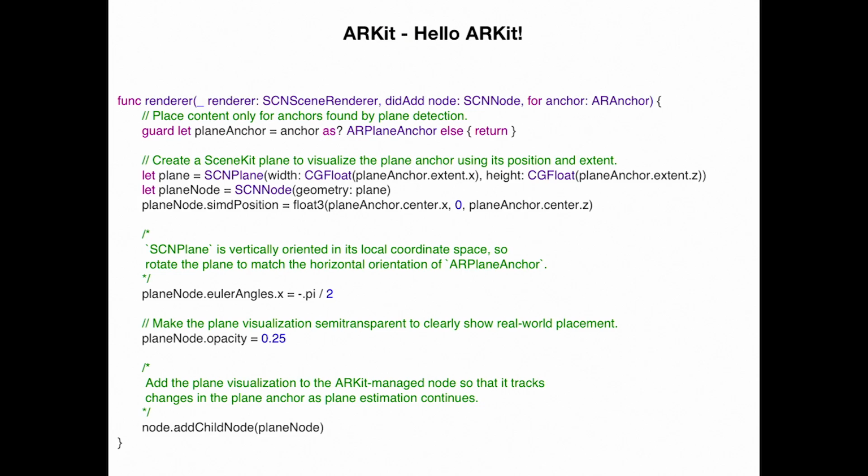So this is a simple hello ARKit app. You create your session object first. You pass in the world configuration. And this is the renderer function, inside which I draw a plane, a SceneKit plane, and I pass it in a plane node object. And then I add that node in the end. I also calculate the angle because I need to keep it horizontal because of how my scene is rendered. And I reduce the opacity a little bit so we can see the plane, and then I put the object on top of it.